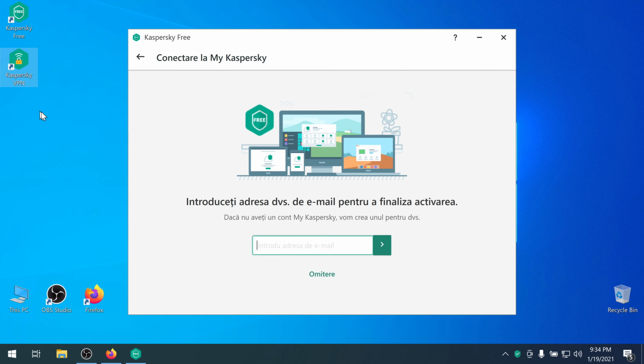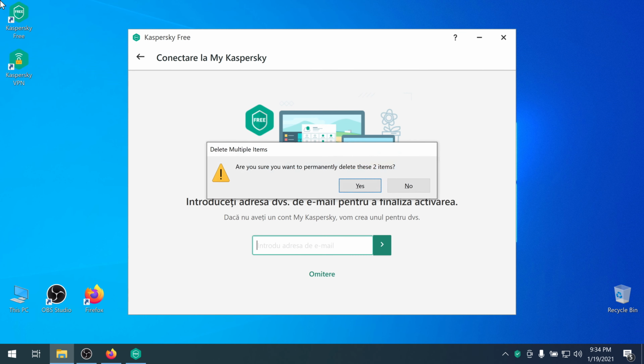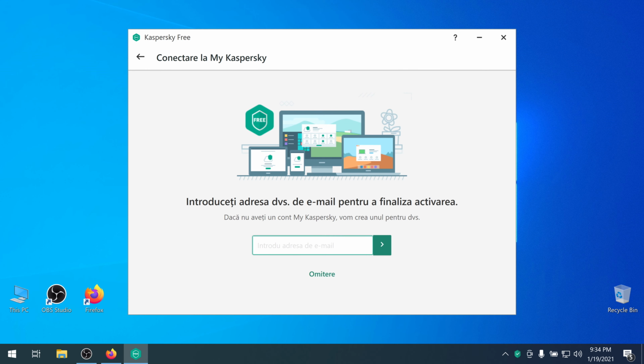You can delete those, you don't need them. If you don't have an account, just input your email address, they will make an account for you. If you have one, same thing, just put it here.